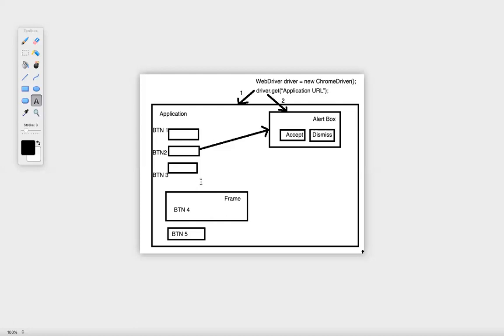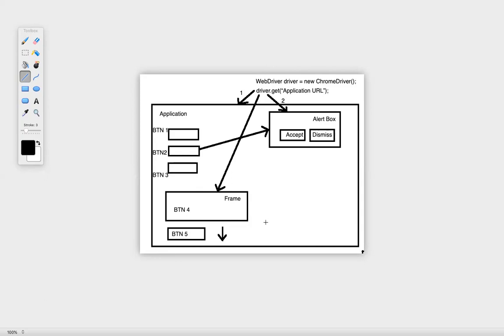So what we have to do is, again, the same concept. In such cases, your driver is pointing to this application. You have to make your driver point to this application. Once you perform this, let it point back to the application and keep on continuing the code. And then you can continue your code from over here, down the line. So this is more or less your frame.